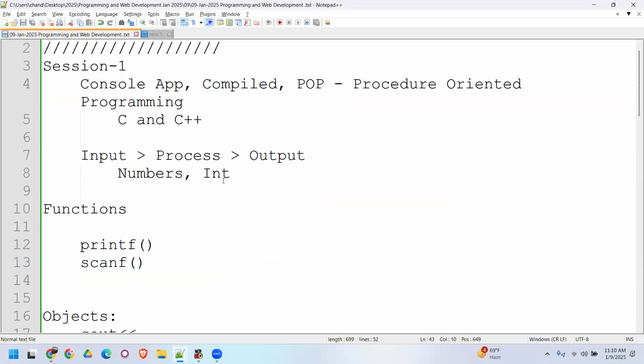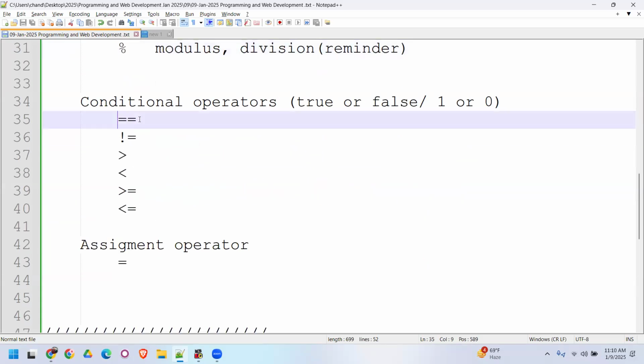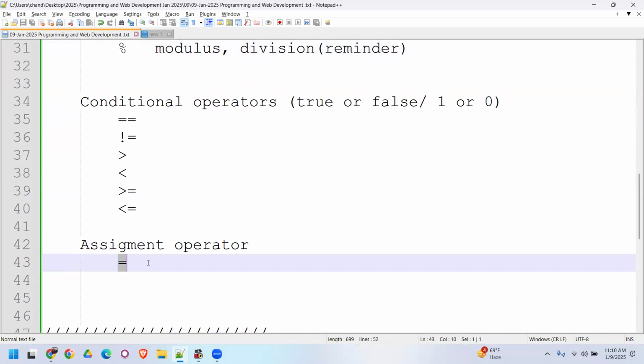So the agenda is once again input, process, and output. I'll be doing one on this and one on this one. Remaining, you people have to try. Any operator, try the assignment operator. Without this, we cannot write a program, right? Having said that,